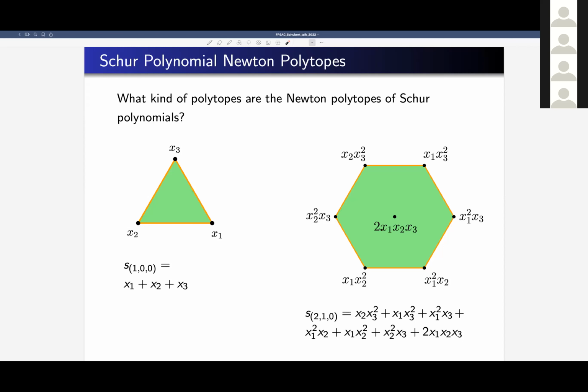And something that we might note on these pictures here are the edge directions, right? So this is really the point 1, 2, 0. And this is the point 0, 2, 1. And so this edge direction here can be seen as e1 minus e3, where the e_i are the standard basis vectors. So it's in a root direction.